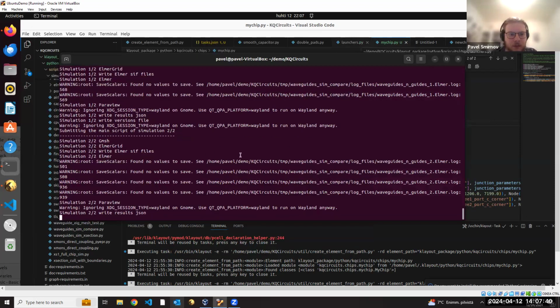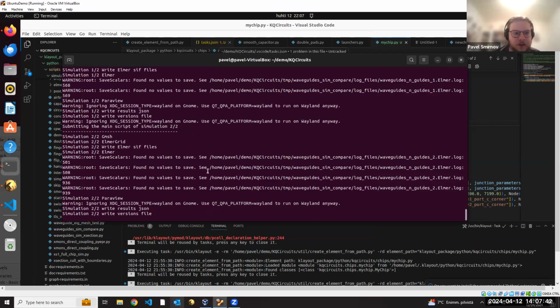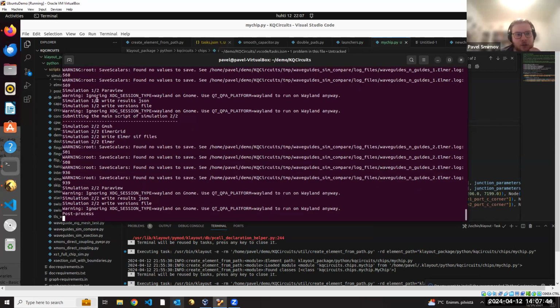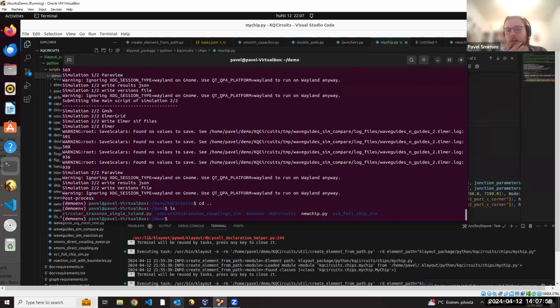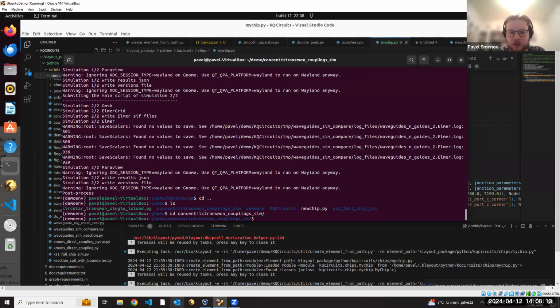Okay, so this is maybe something that's not super drastic, but I will show some of the simulations that I've run in advance. With Elmer, you can do capacitance simulations, and we've also recently provided support for S-matrix simulations. I'll show some of the results that you can get. For example, one thing we did is that we took this qubit that we had in our chip called concentric transmon,